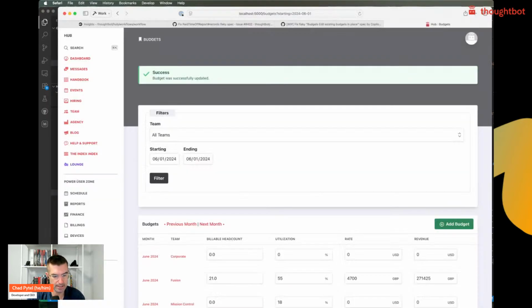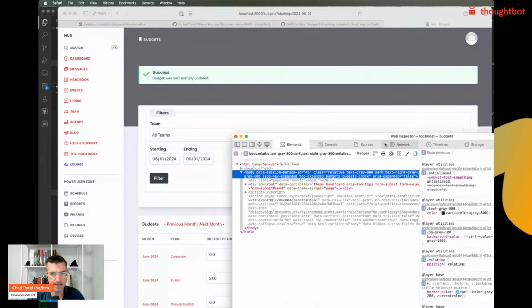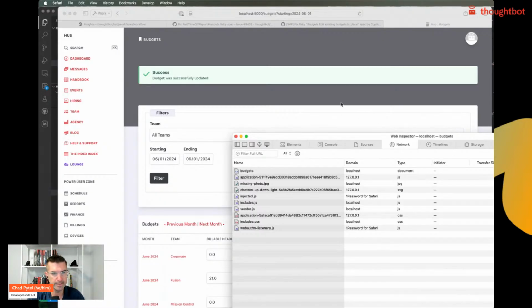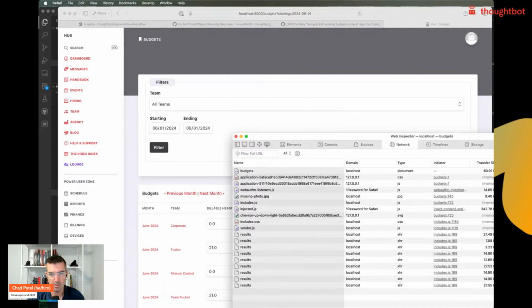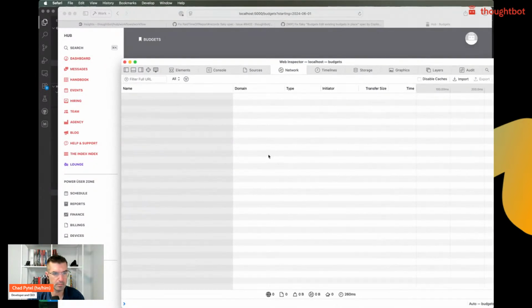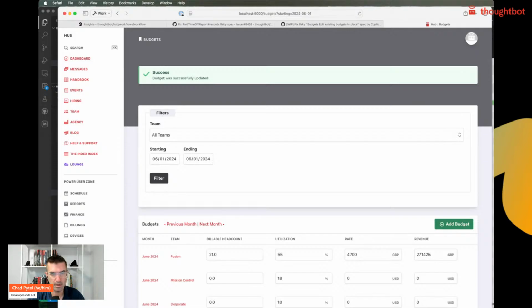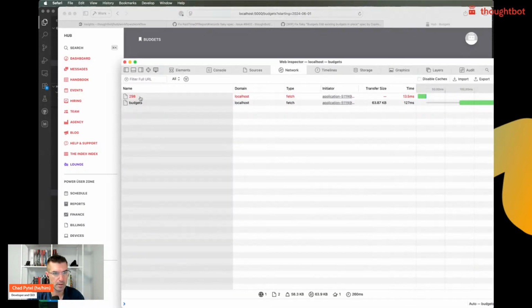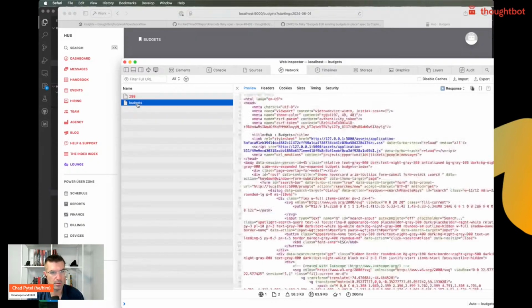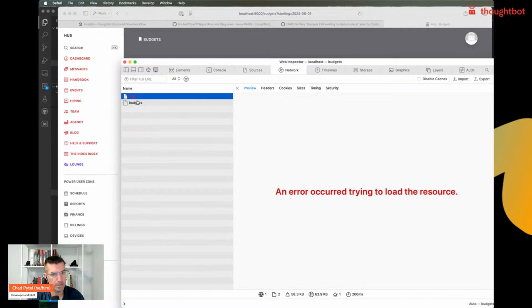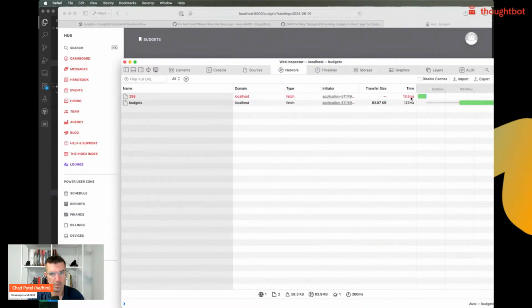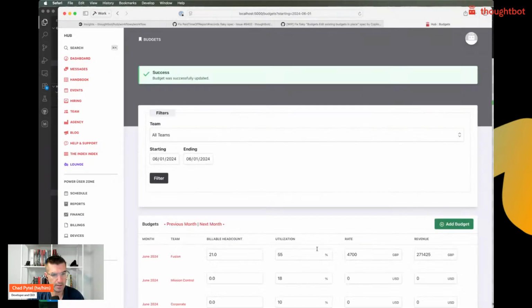Let's inspect the network. I want to confirm whether it's an XHR. So then if we do